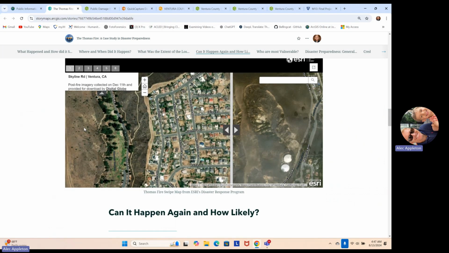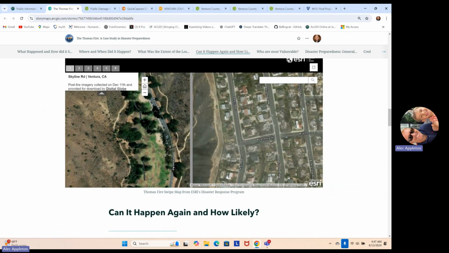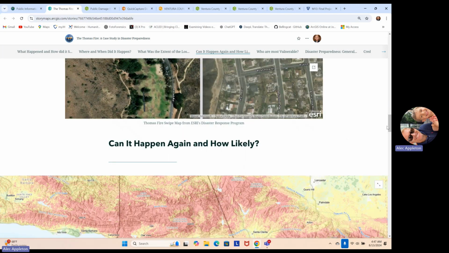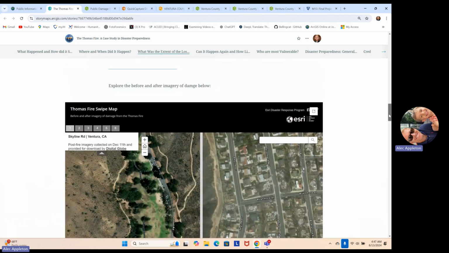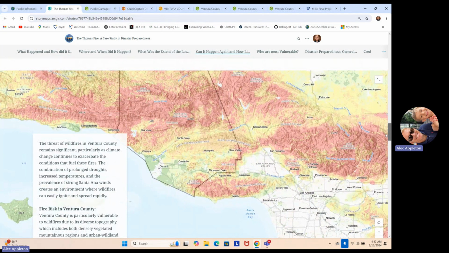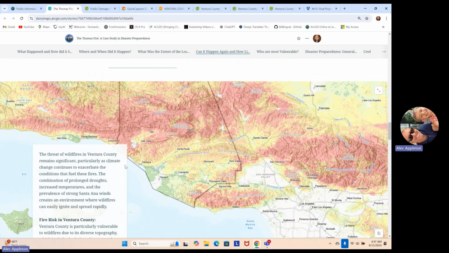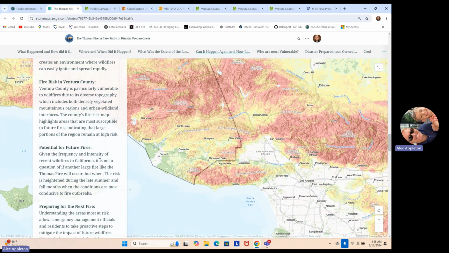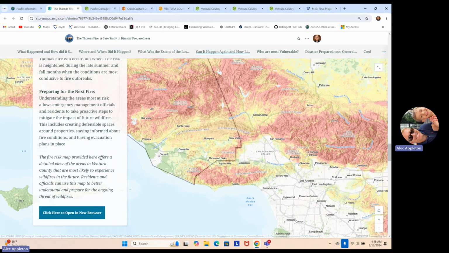It also has a little slider to see the extent of the damage, which is pretty cool, from Esri's disaster response program, and then a wildfire risk map of Ventura County,